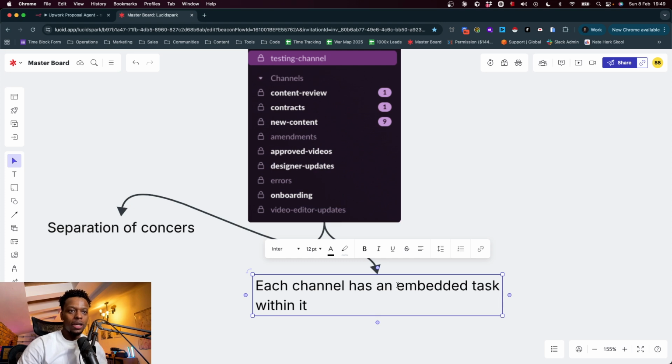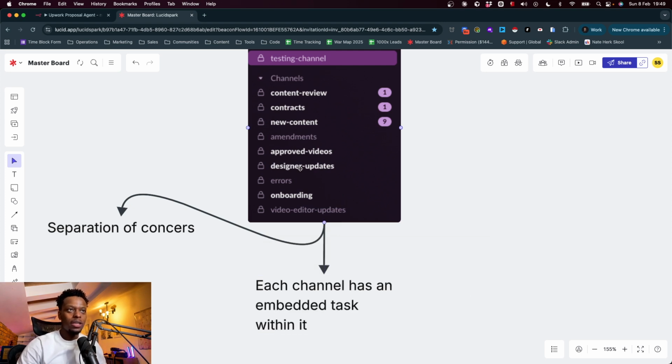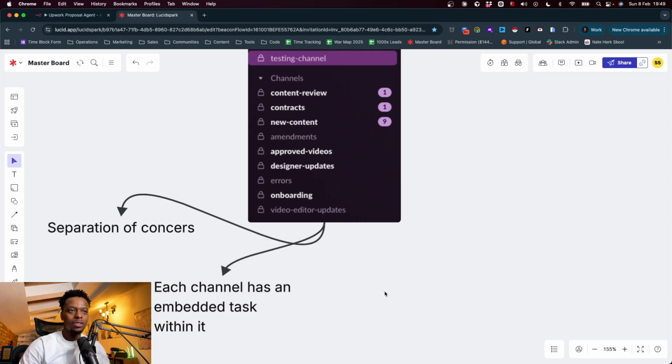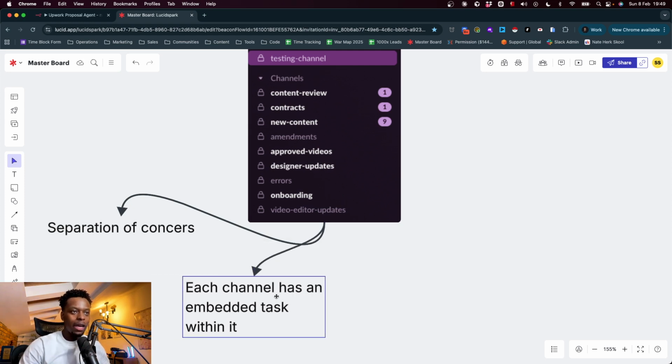If I am working inside of any of these systems, let's say I'm an editor and I'm meant to be making edits for a particular client, and this client is somebody who's a little bit pernickety. Maybe they just have a lot of things to say about some of the content that's being made, or they just throw a lot of amendments back. If I am in the channel amendments, and I am in the channel new content, and I'm in the channel approved videos as well, then I get